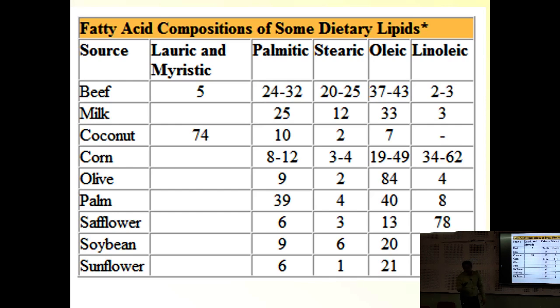The question arises in your mind whether these fatty acids, or which source we will eat, so that our body remains fit and we can survive in any environment. So, these are the edible oils and their composition based on the fatty acids. Now, you have to tell me: palmitic, stearic, oleic, linoleic, lauric and myristic. LMP sub means the saturated ones.